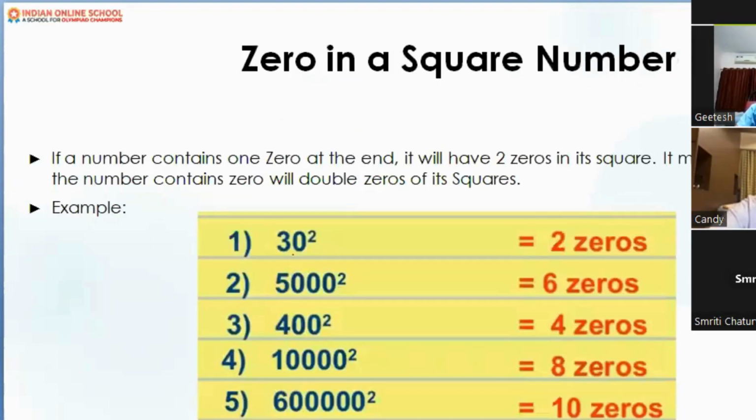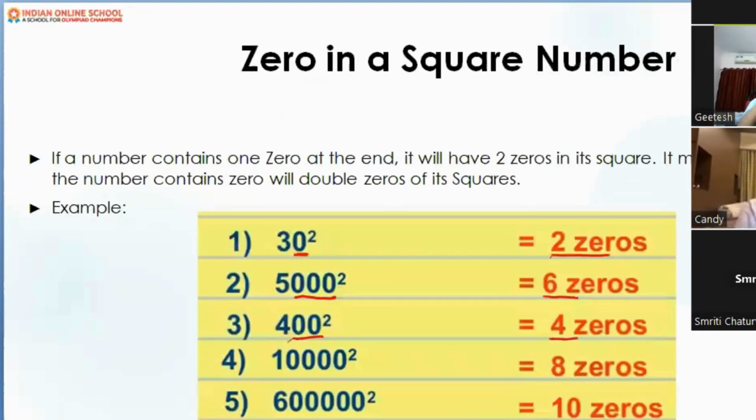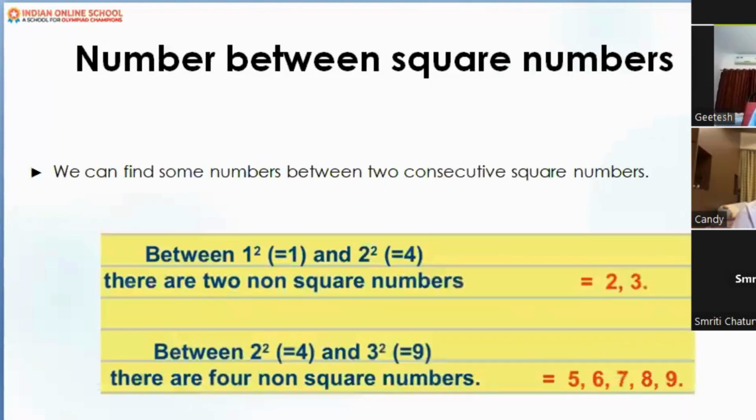So in 30, there is only 1 zero. That's why in the square of 30, there are 2 zeros. If there are 3 zeros, then in the square of 5000, there should be 6 zeros. If there are 2 zeros, in the square of that, there should be 4 zeros. Like that, the pattern continues. Got it, everybody? Now, if I'm asking without calculating, can you tell me how many numbers lie